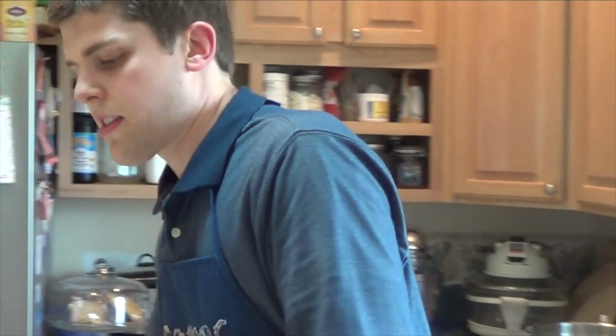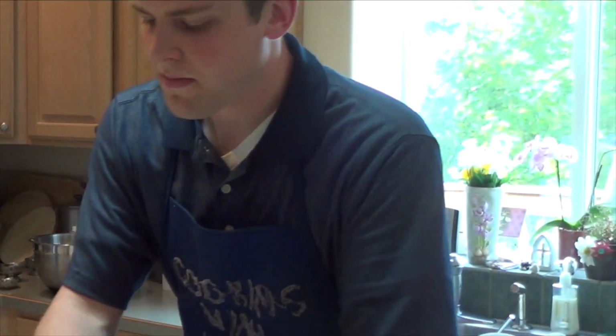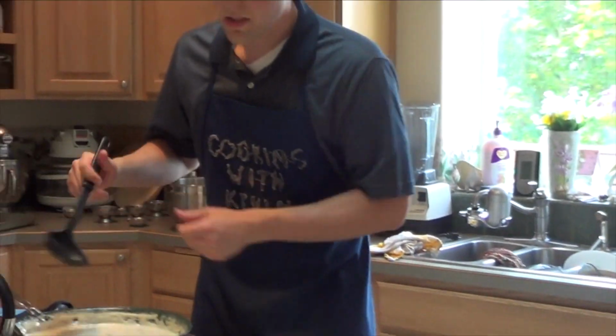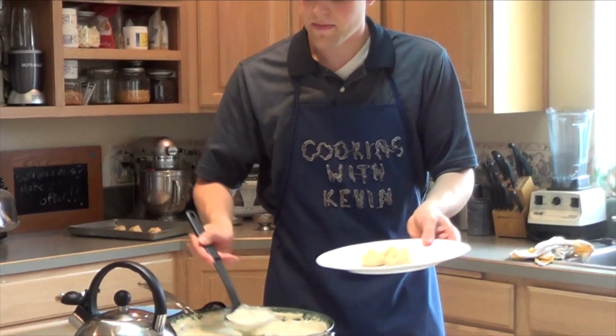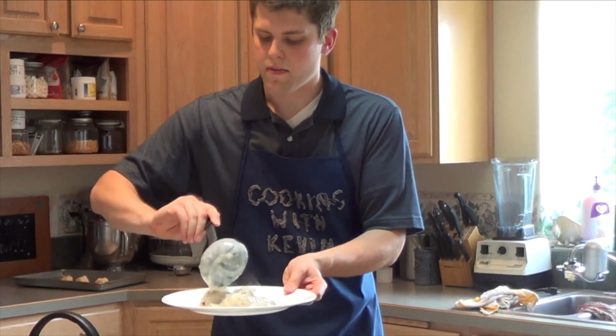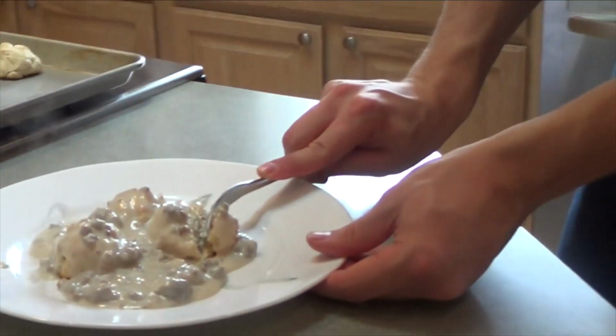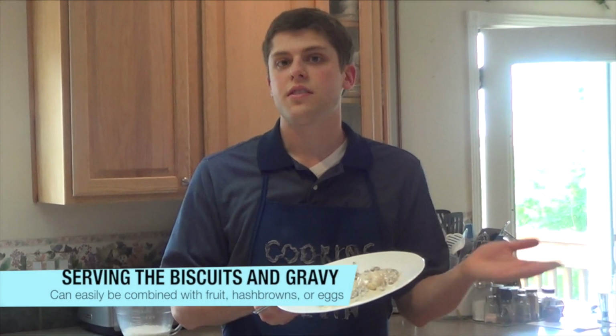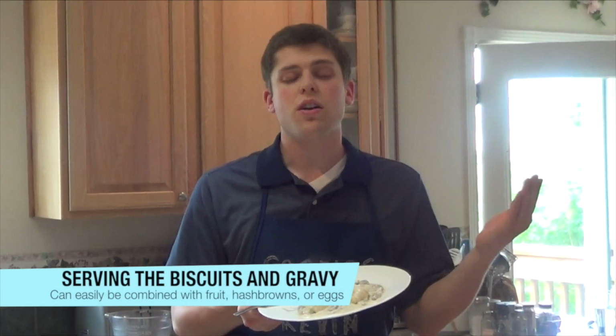So now what we're going to do is take a couple of these off here, and we're going to put some of this gravy over the top. And there we go. So we have old-fashioned biscuits and gravy with a nice rich pork sausage gravy. You can serve it with fruit, juice, coffee, your call, eggs, hash browns. All those will be a nice completing part to this delicious breakfast that I'm sure will be a family